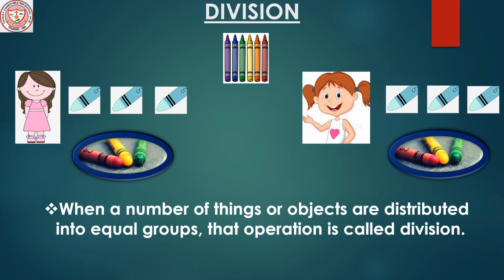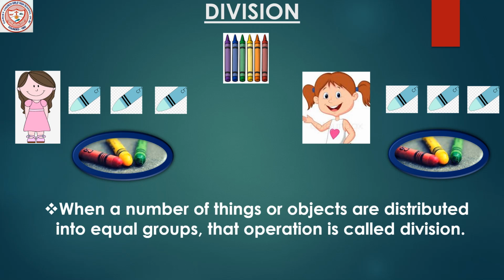Now see, there are no more crayons left. So, they will get 3 crayons equally. It means when a total number of things or objects are distributed into equal groups, that operation is called